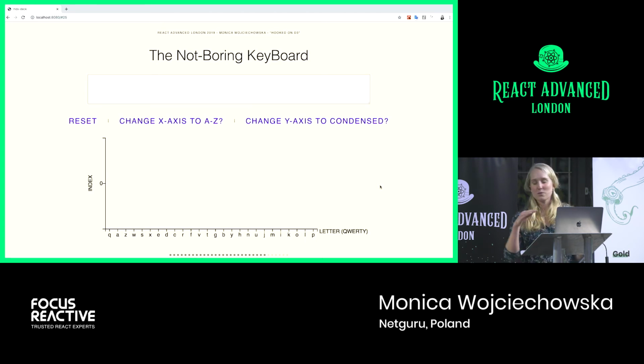So this one is one step more complex, because here we'll be having bars coming in and points coming in. So this is an example that I called the non-boring keyboard. I don't know, it might be boring, but I thought bored and boring make sense together, so I like the title because of that. And so the inspiration for this visualization was basically, why is the keyboard laid out the way it is, the QWERTY keyboard?